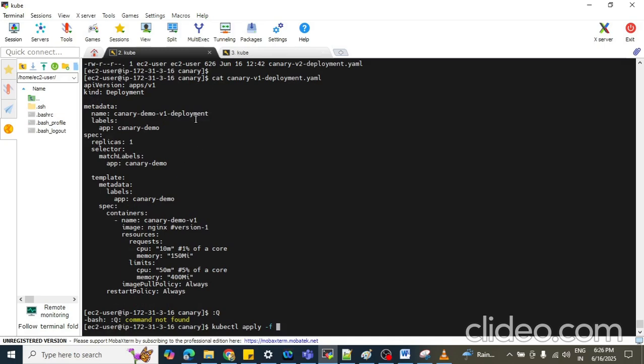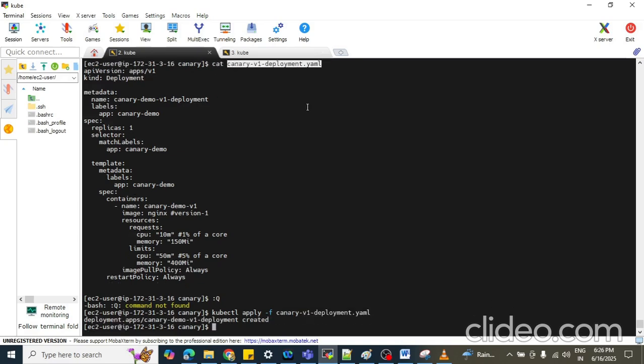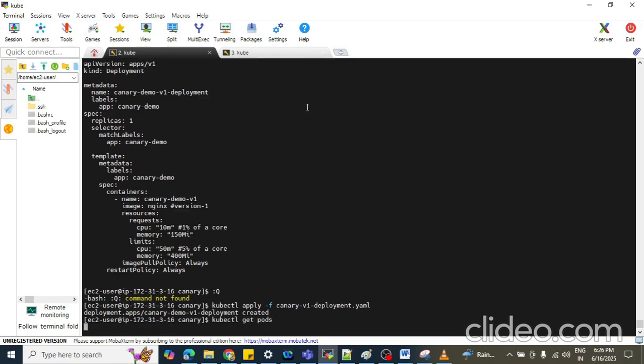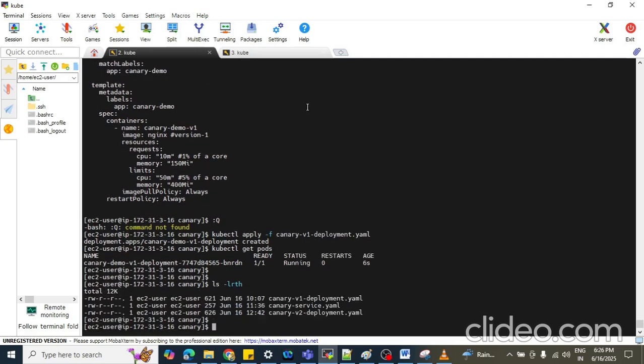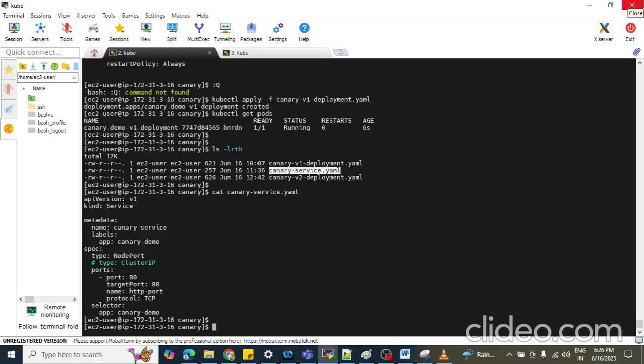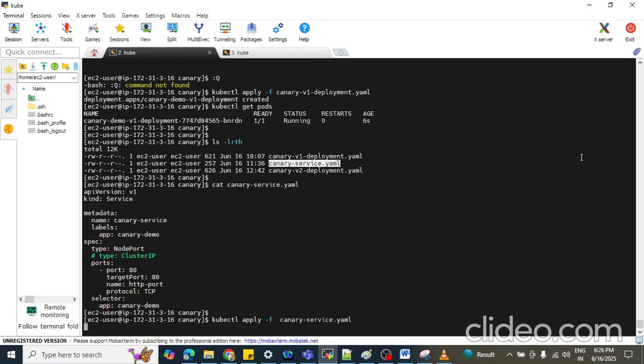And this is your version v1. So how many pods will run? One pod. kubectl get pods. Okay, one pod is running. Now apply the service also. kubectl apply -f.